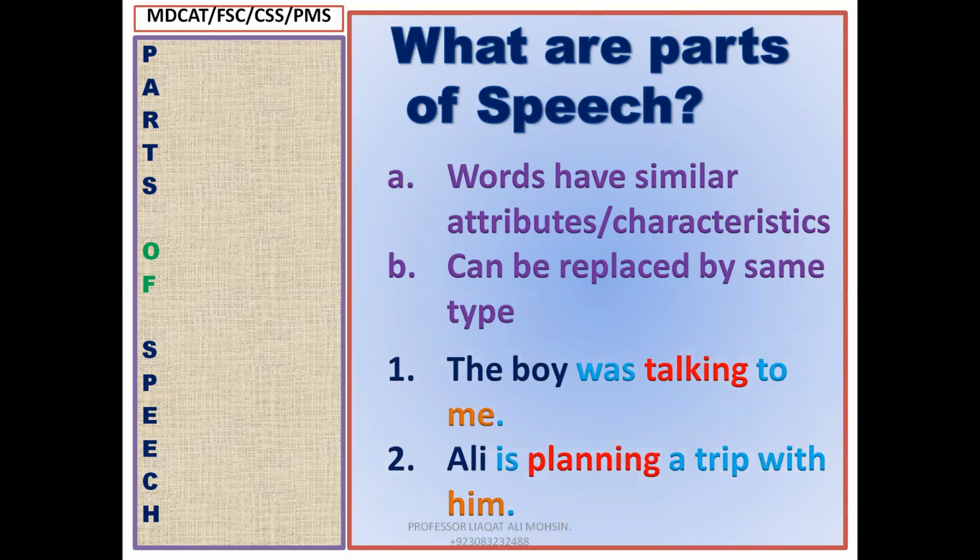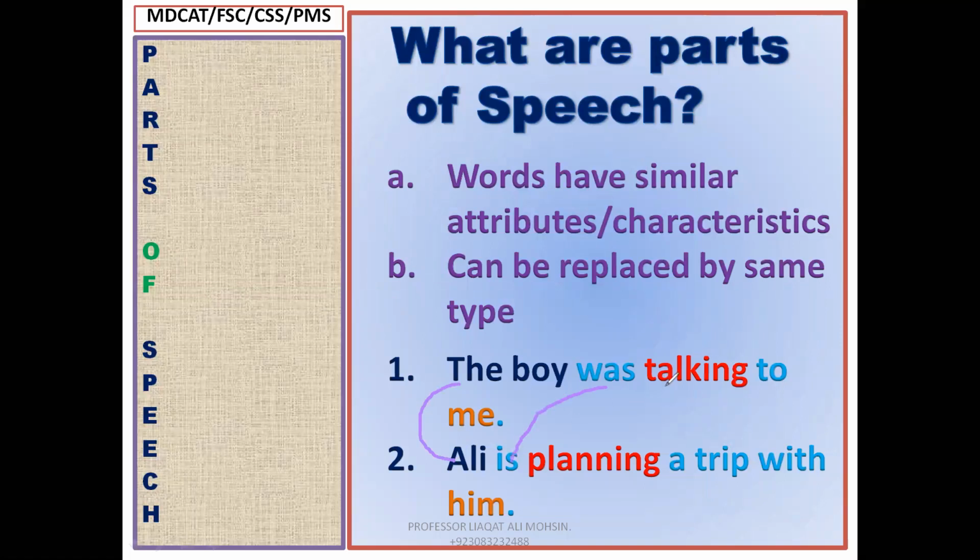Suppose, take a look at this example. The boy was talking to me. The boy can be replaced with Ellie. Was can be replaced with is. Talking is replaced with planning. And to me is replaced with him. It means that these words have similar attributes, similar standing